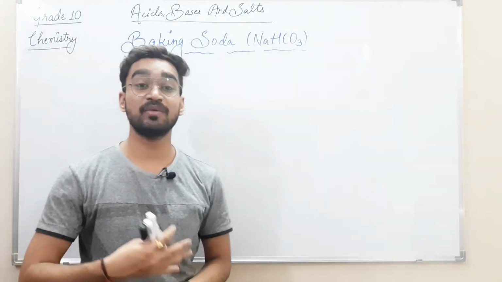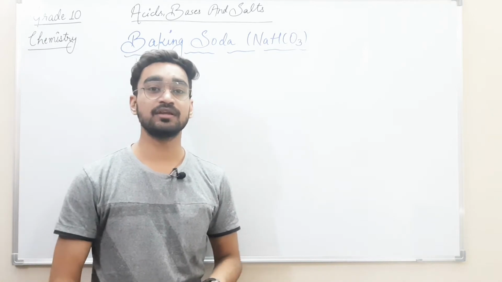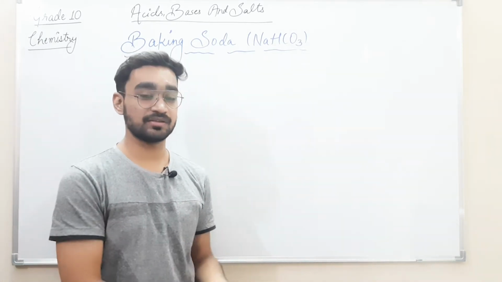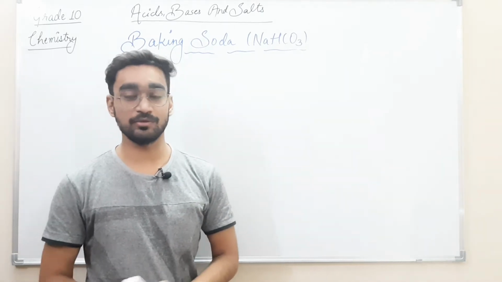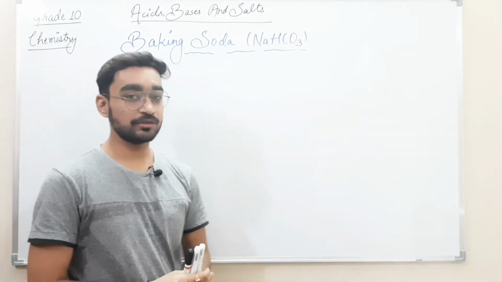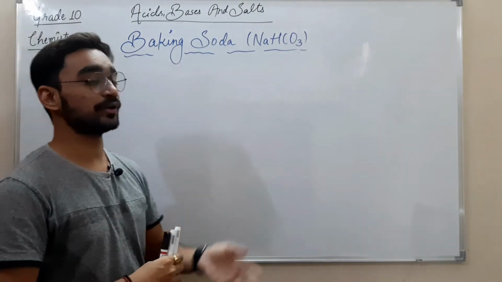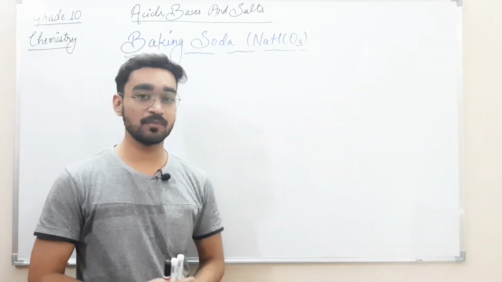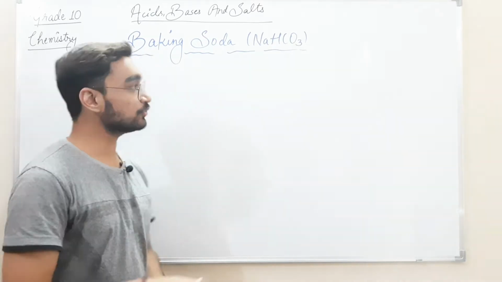In this chapter we have many common salts which we have to study, like NaCl, baking soda, washing soda, caustic soda and other things. Today in this video we will cover only baking soda, and in the next video you can see the other salts also. So baking soda means